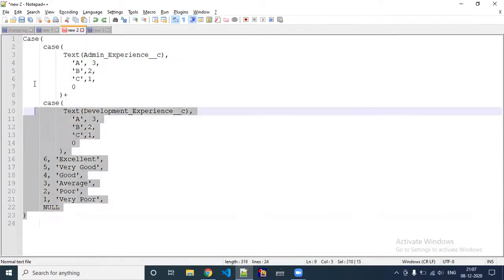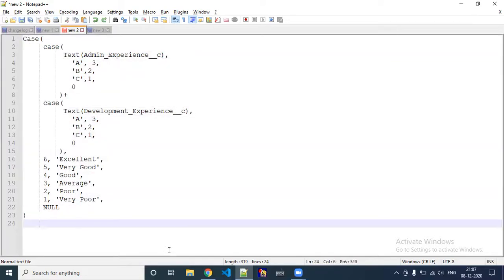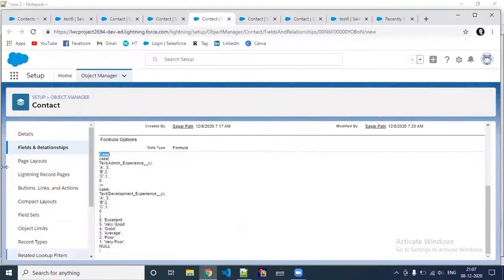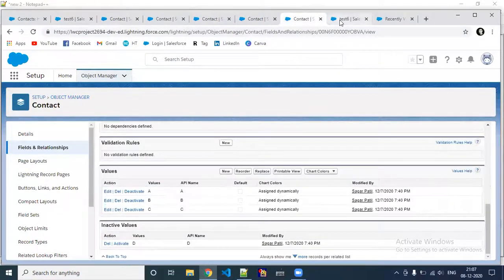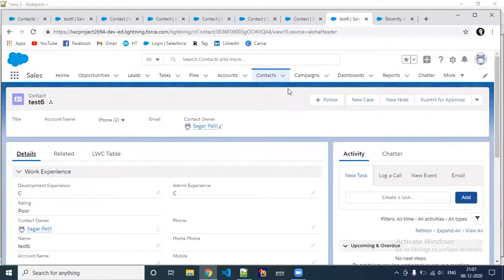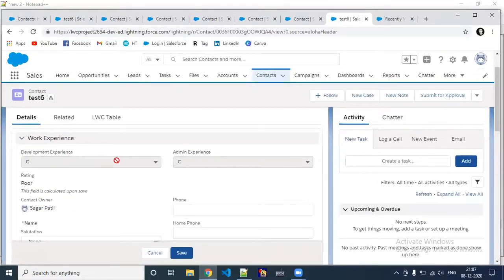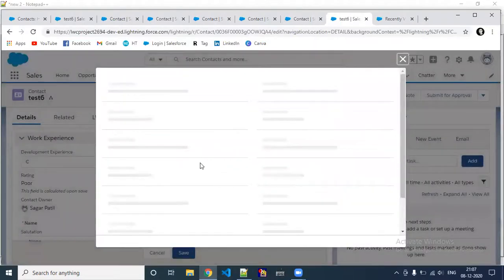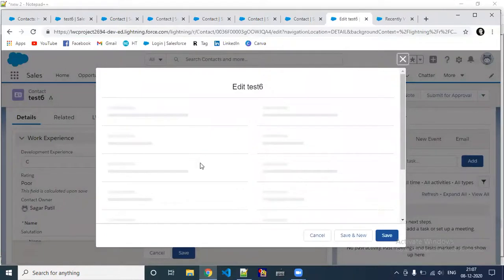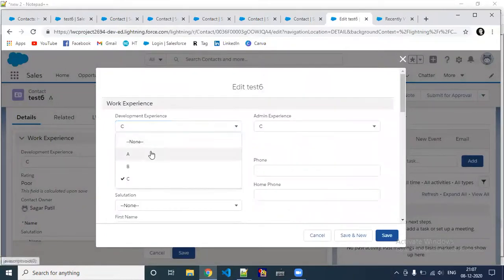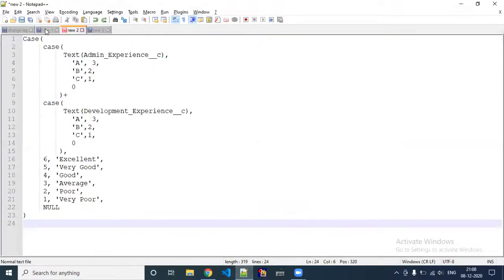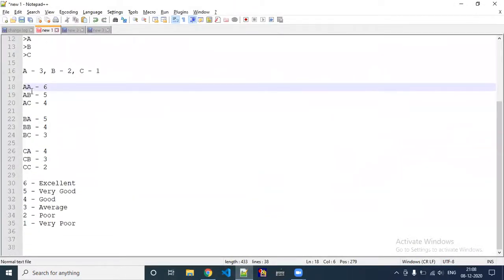Okay, so I think this should be clear. We'll now move to Salesforce and see some examples of how the formula is working. I'll select development experience as A. If A is there, what should be the output? 3 plus 3, 6, excellent.